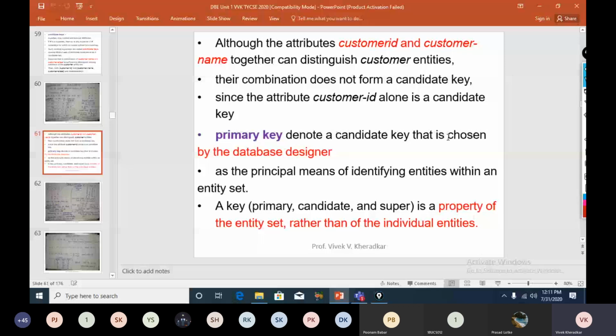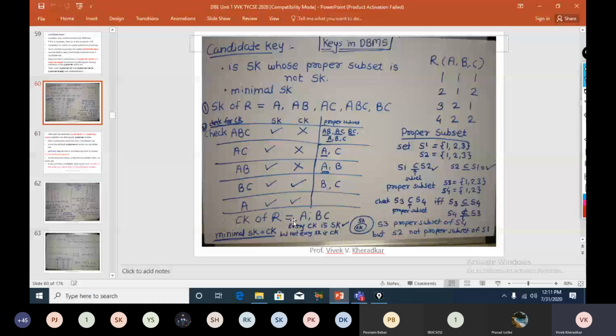So from the previous example, you identified A and BC as the candidate keys. So what is the primary key? Out of these two, I will choose one as the primary key which does not have a null value. In this example, A does not have a null value. Null means the value is unknown or the value is not present for that attribute. So if I go with the table, A does not have a null value, so I can choose A as the primary key. If A is the primary key, the remaining candidate keys are called alternate keys.